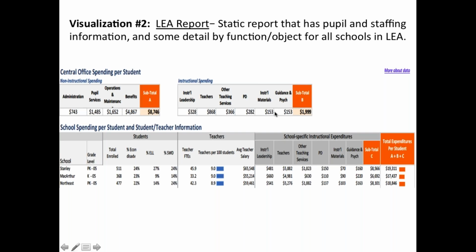Yeah, so we have access to the student and staff data earlier than the finance data. So right now we've collected FY16 data, and we're actually still reviewing and editing that. We've produced some reports with it to date, but the finance data tends to lag by about a year behind the staffing and enrollment data. Maybe not quite that much, but there is a bit of a lag in that. Does that answer your question?